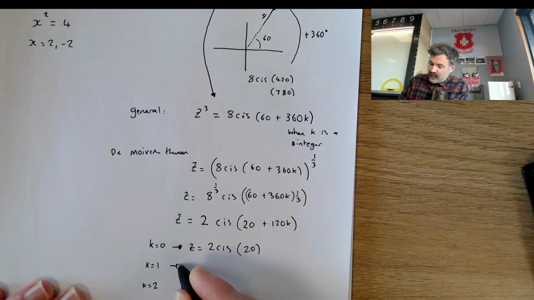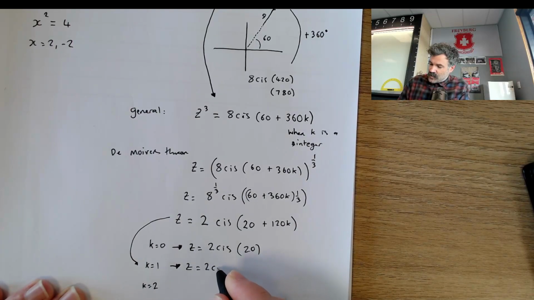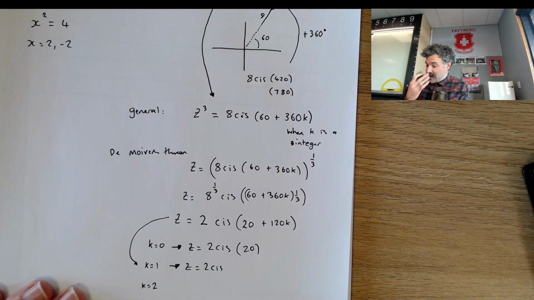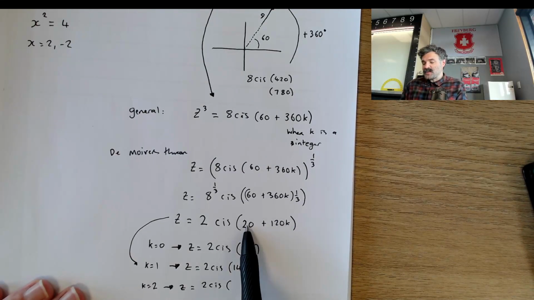If k is 1, I'm going to get, still just using this equation here, 2 cis of, and k is 1 in this case, which is going to be 20 plus 120 times 1, so it's going to be 140. That's when k is 1, I get 120 plus 20, and when k is 2, I end up with 2 cis of 2 lots of 120. That's 240 plus my 20,